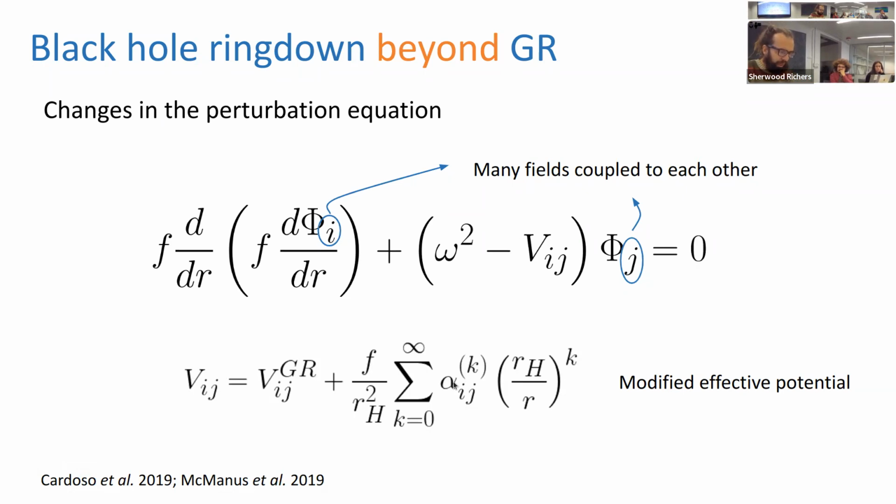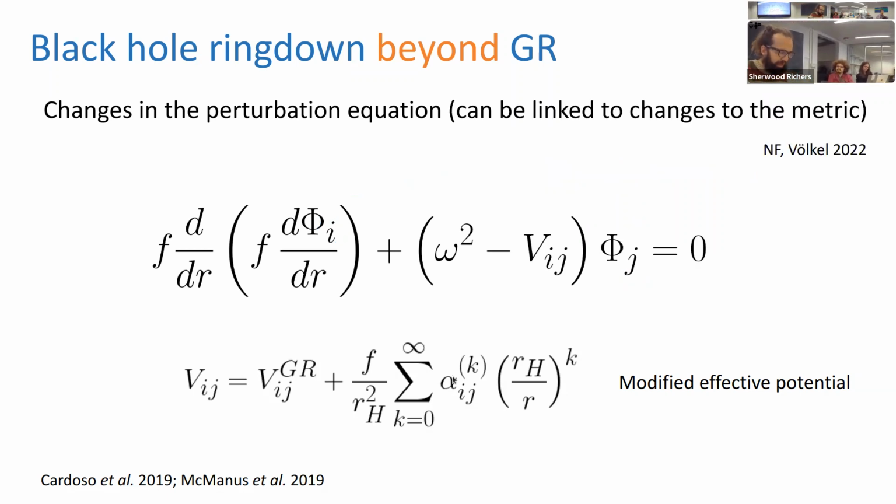So there are these alpha terms, which are just numbers. And then you can relate these alpha coefficients to the theory that you want. For example, you can do it for Einstein-Dilaton Gauss-Bonnet, dynamical Chern-Simons, a lot of Horndeski theories. So a broad class of theories can be mapped to these alphas. And then at some point you truncate, of course, the sum is not infinite, but you try to mimic all the possible deviations in this 1/r